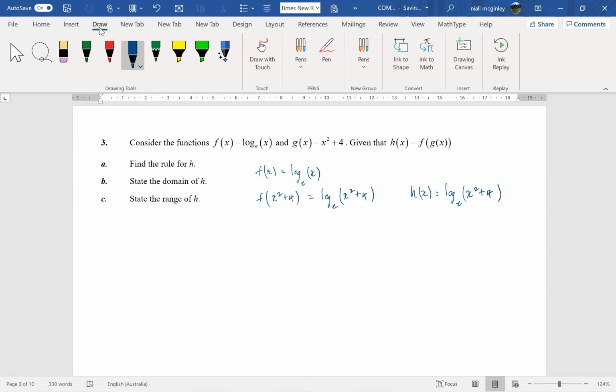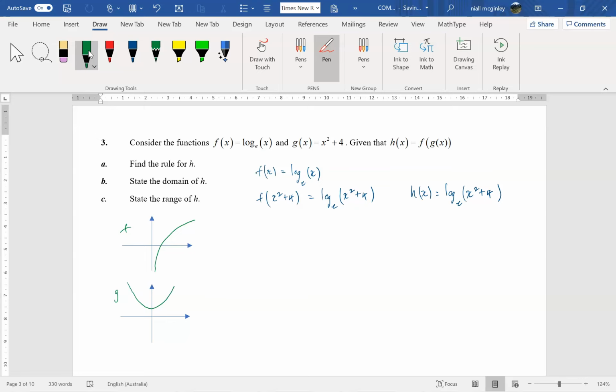So, looking at the domain and the range, best thing to do is sketch functions, look at the domain and range, and then we'll be able to do it. So, we'll sketch them first this time, and then we'll do these questions. So, f first, a logarithm, it's going to look like this. This is going to be f. Then g is going to be a parabola, so x squared plus 4, this is going to be 4 here,